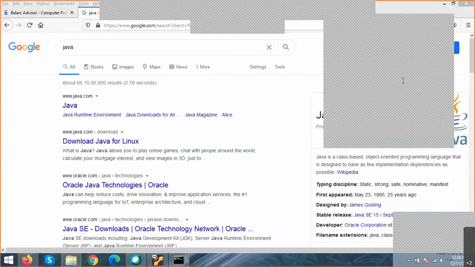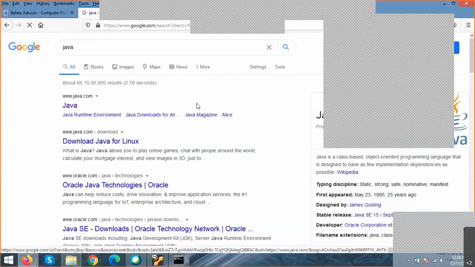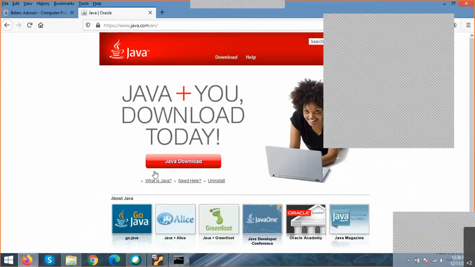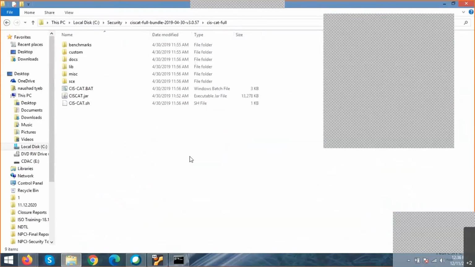So can you see this Java? You can go and download the latest Java from the website. After doing these things, the CIS-CAT Lite tool is there, no? So once you extract it,